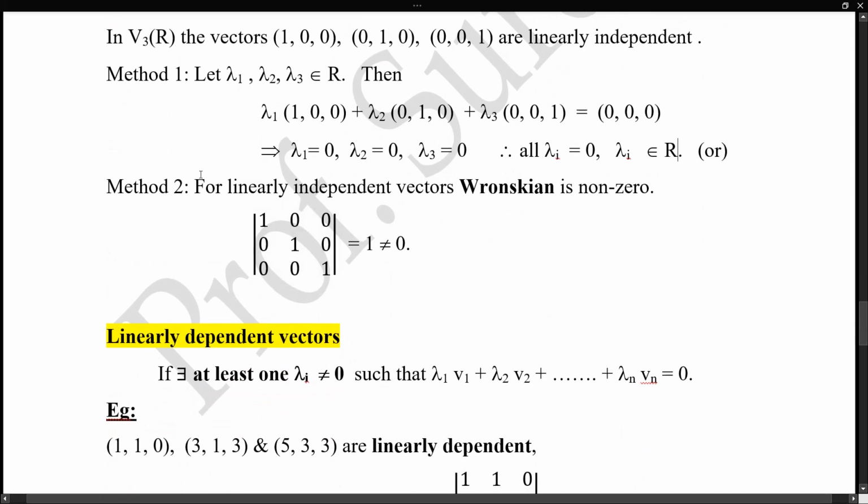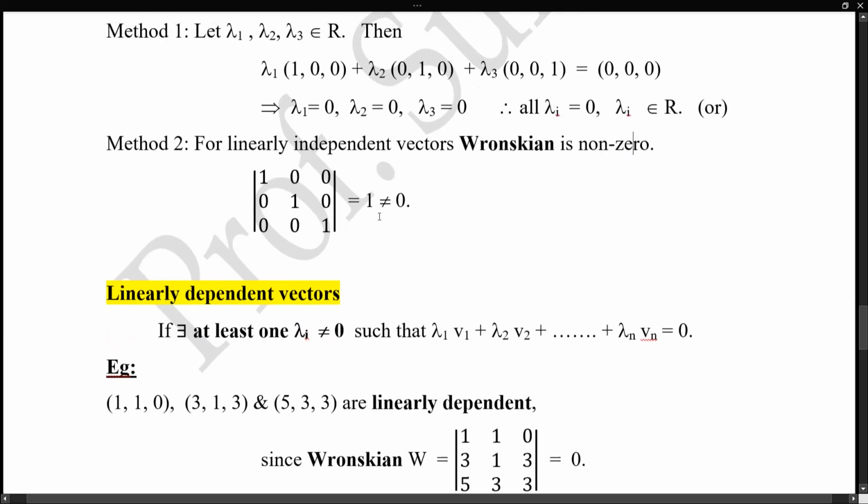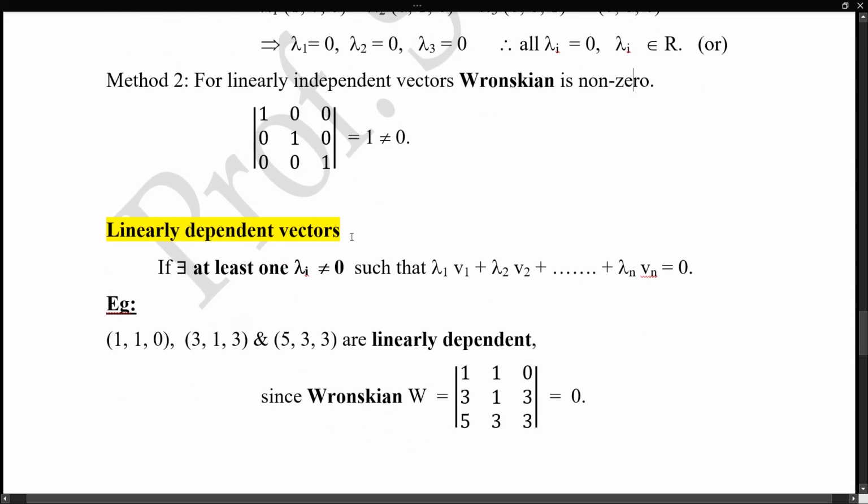Or method 2, this is called the Wronskian method. For linearly independent vectors, the Wronskian is non-zero. So put a determinant value. This determinant value is 1 because this is a diagonal matrix. The determinant is the product of the diagonal entries, so we get 1, which is not equal to 0, therefore the vectors are linearly independent. In the opposite case, if the vectors are not linearly independent, then they are called linearly